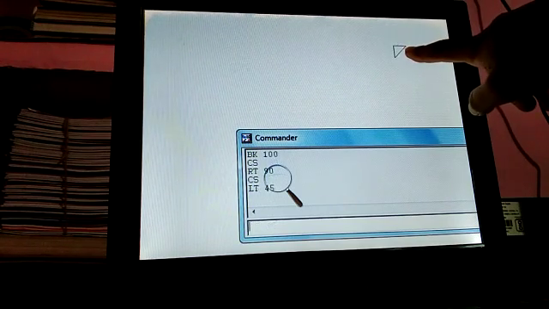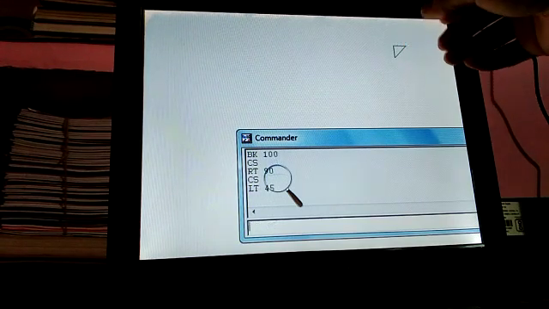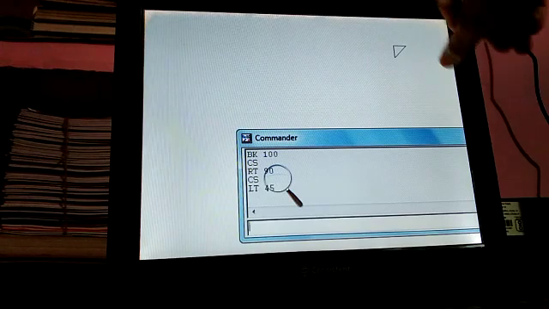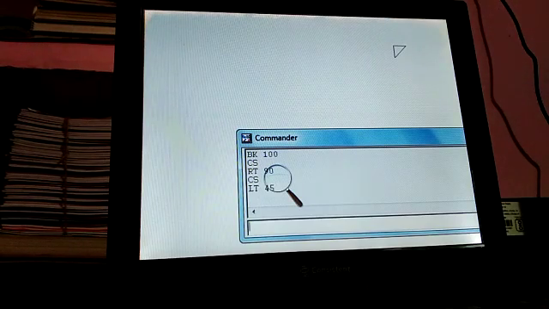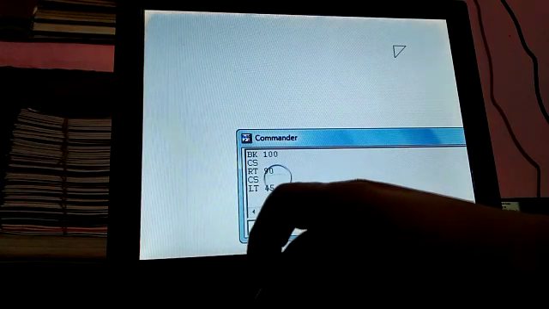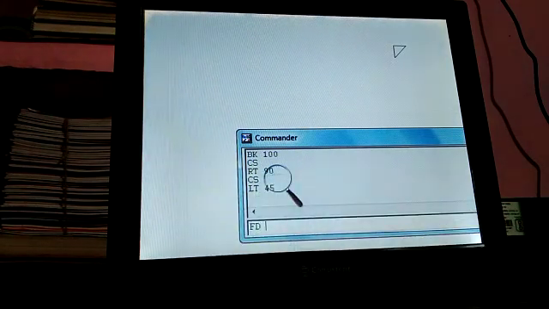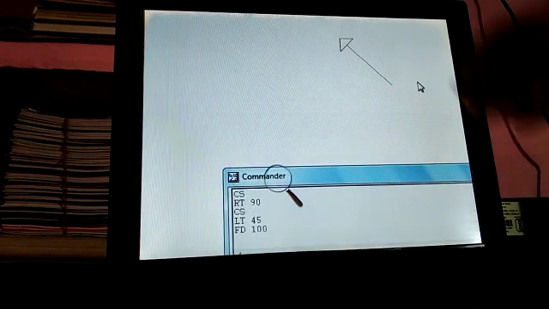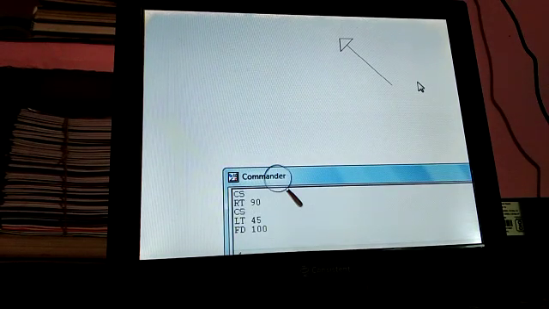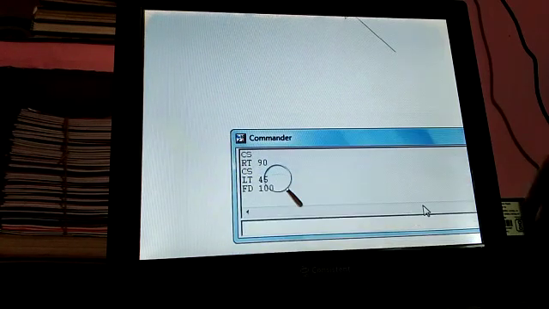Look at here, the turtle turns to the left side at a 45-degree angle. If you press FD space 100 and press the enter key, the line is at a 45-degree angle. Again you press CS, then enter key, the line is erased.